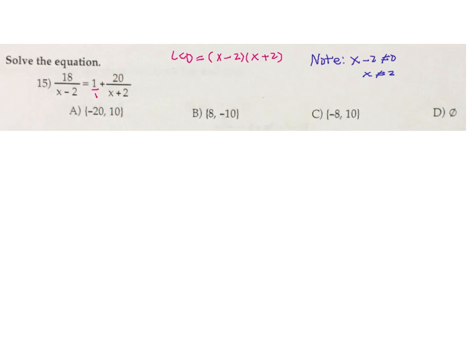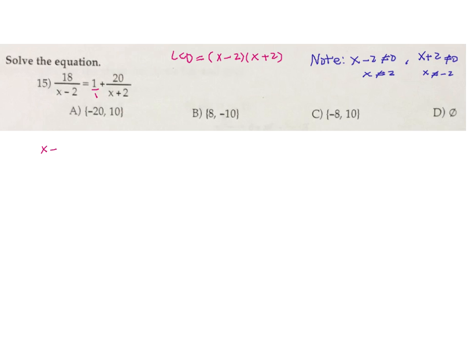And for the last one, also, x plus 2 also cannot be equal to 0. Does that make sense? Because if we let that equal 0, then we are going to have undefined. So x cannot be equal to plus or minus 2. So if I find any of these answers at the end, I'm going to exclude them as part of my solutions. So if I multiply each term by LCD,